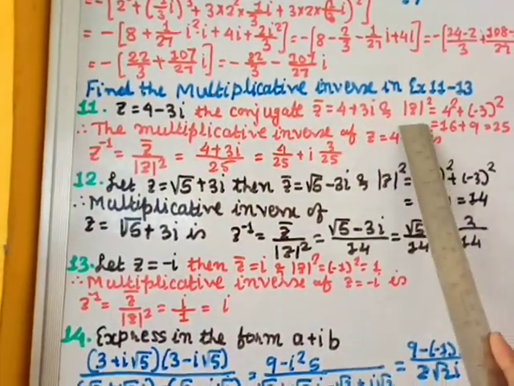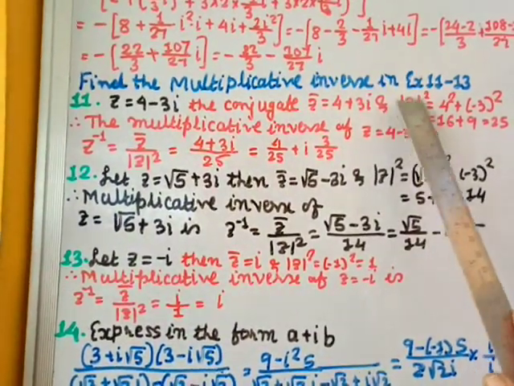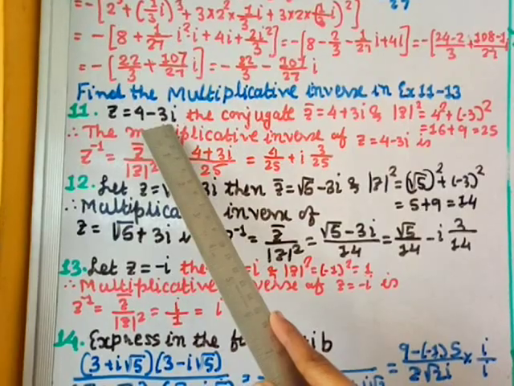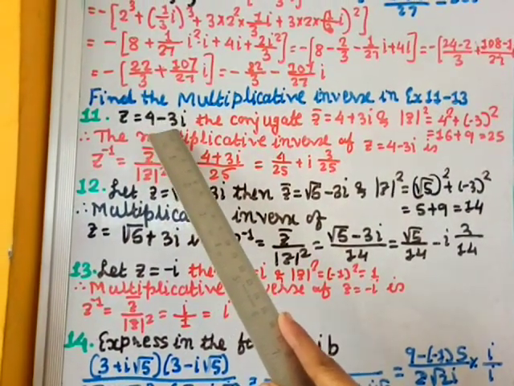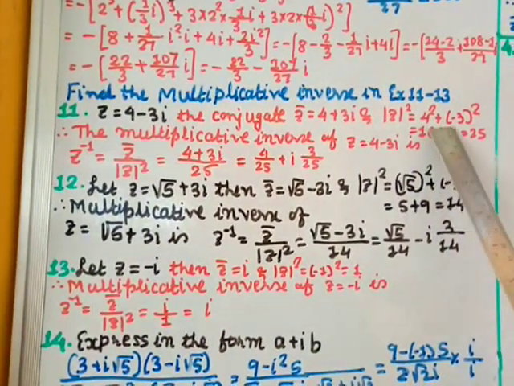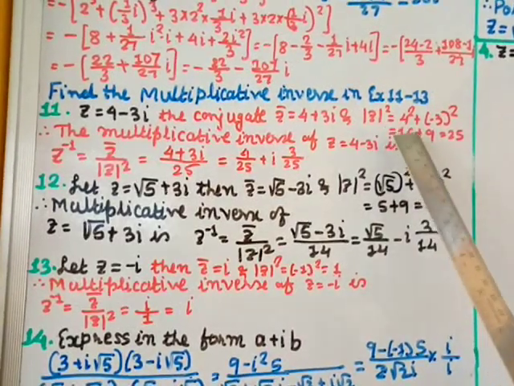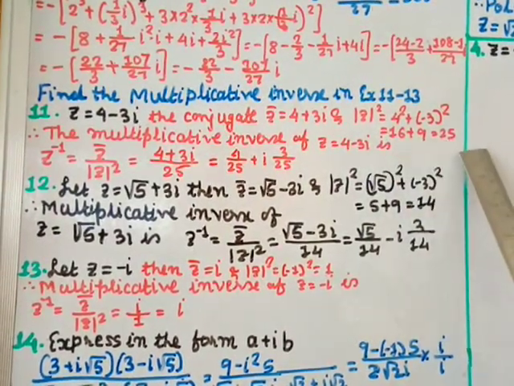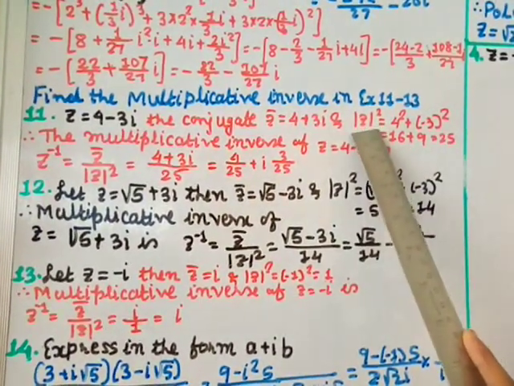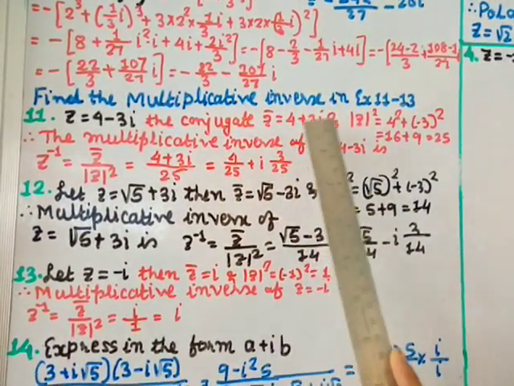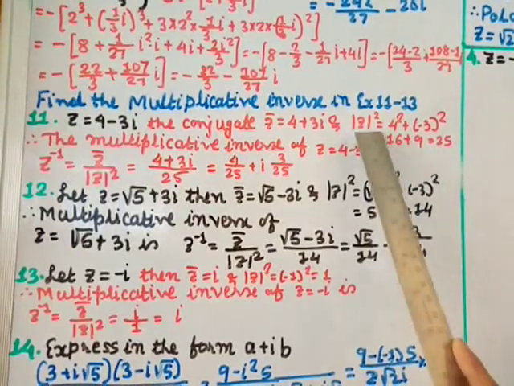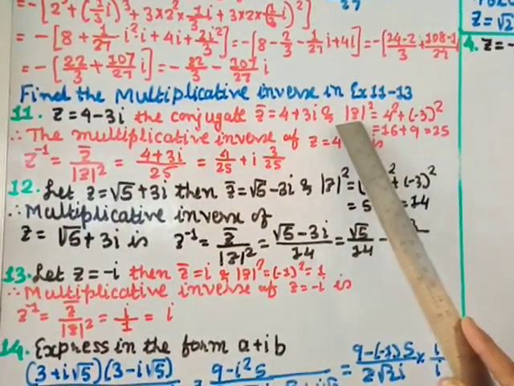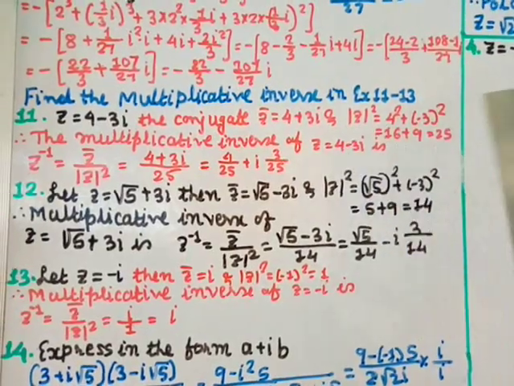And the magnitude of this is modulus of z, but I am taking square, so it is a square plus b square. Okay, so here a is 4 and b is minus 3. So here 4 square plus minus 3 whole square, right? So 4 square is 16, minus 3 square is 9 plus 9. So 16 plus 9 is 25. So this is my modulus of z square and this is my conjugate. Okay, so this is what we have found. Here actually I have given the formula of modulus of z and that is under the square root, but I am taking modulus of z square, that means no more square root.